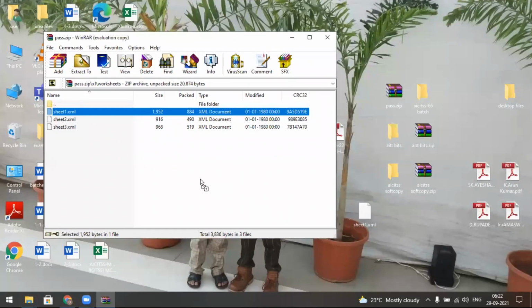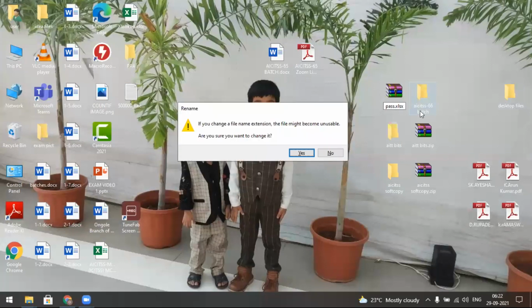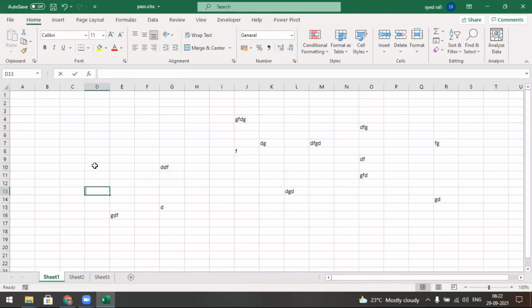You bring it back into this zip and say okay. Now you close this one. This is not necessary for this one. Now you change the extension to .xlsx, enter, enter, enter. In this way we may remove the password, but keep in mind that the password you gave, we remove it, but we can't display or retrieve the password.